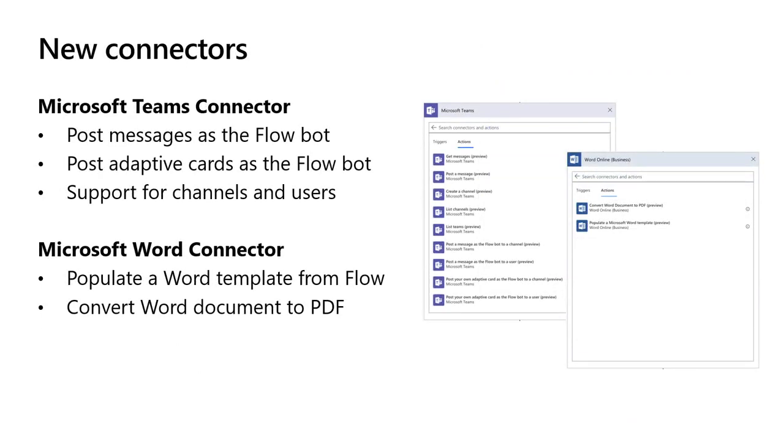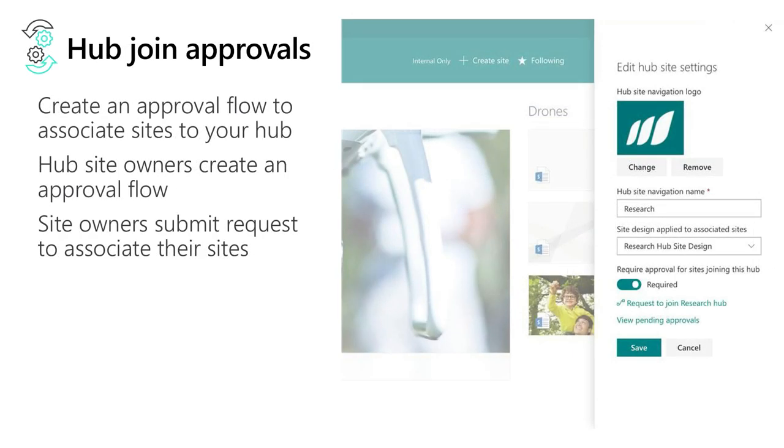We've added some new connectors. We looked quickly at some of the support for the Teams connector, being able to post messages as the Flowbot and being able to post cards as the Flowbot. One that we didn't show, but I'll show you here in just a second, is the Word connector. It's a fairly common scenario that people want to be able to generate documents off of data that already live inside your organization. We could do this super easily 20 years ago with mail merge inside Word. Why it's taken us a while to get there is a different question, but you're now able to do the same kinds of capabilities in Office 365, which I'll show you here in just a second.